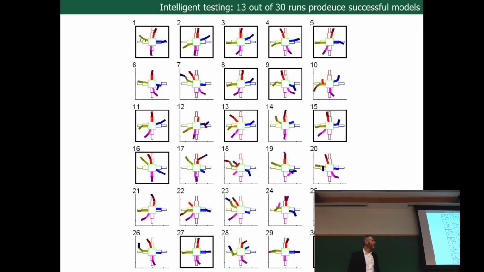The dark boxes are the ones that had really high fitness or something? Exactly. The dark boxes are the ones that got the topology right. So topology means connectivity, the way things are connected together. If you look at the solid boxes, all of the pieces are attached correctly. They may be bent a little bit, but the topology is correct. Topology is incorrect here, correct here, and so on. The thin black lines, which you can see in just the top left one, those thin black lines in run number 1 represent the amount of error or the amount of fitness.